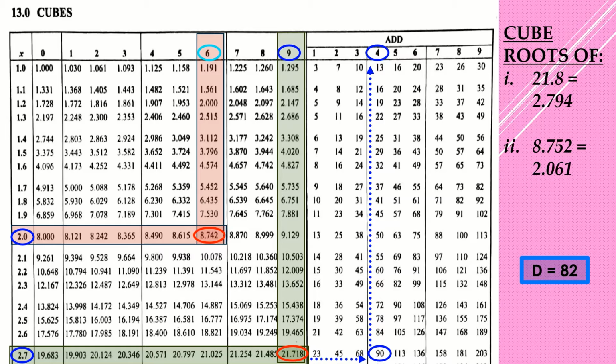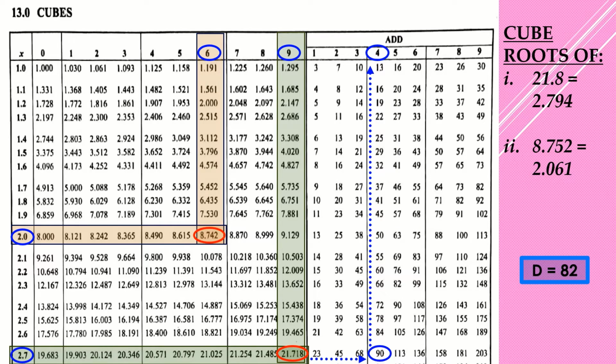But still, this does not satisfy our solution. The cube root of 8.752 is not 2.06. We still need to find the remaining part that we did not get in our table. We did not get 8.752. What did we get? We got